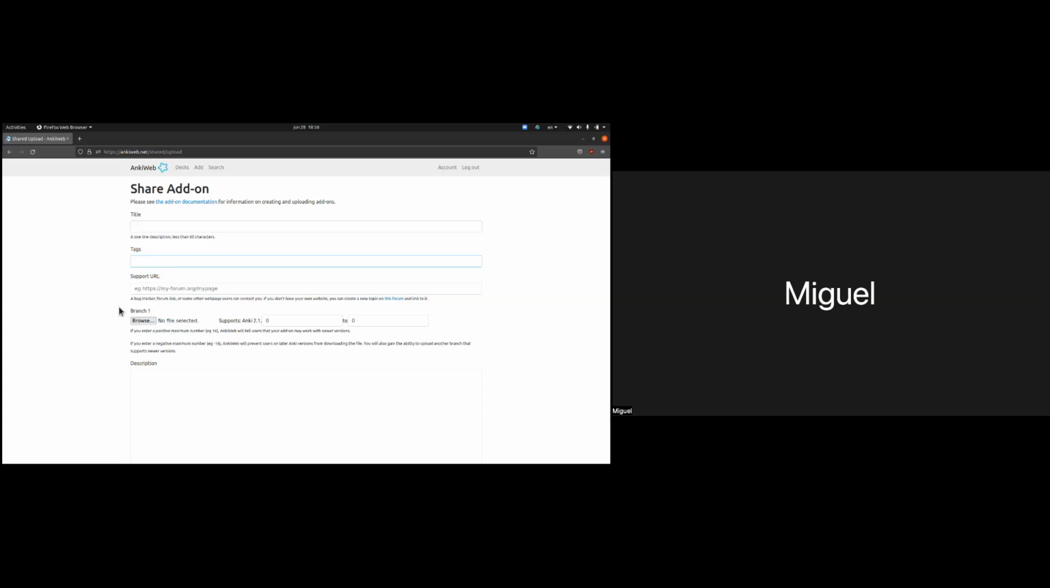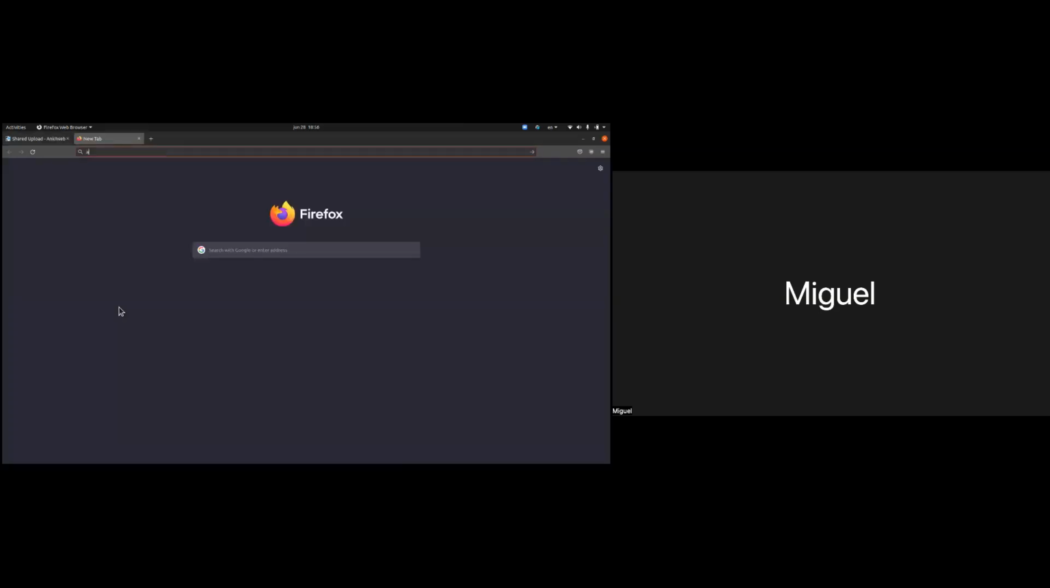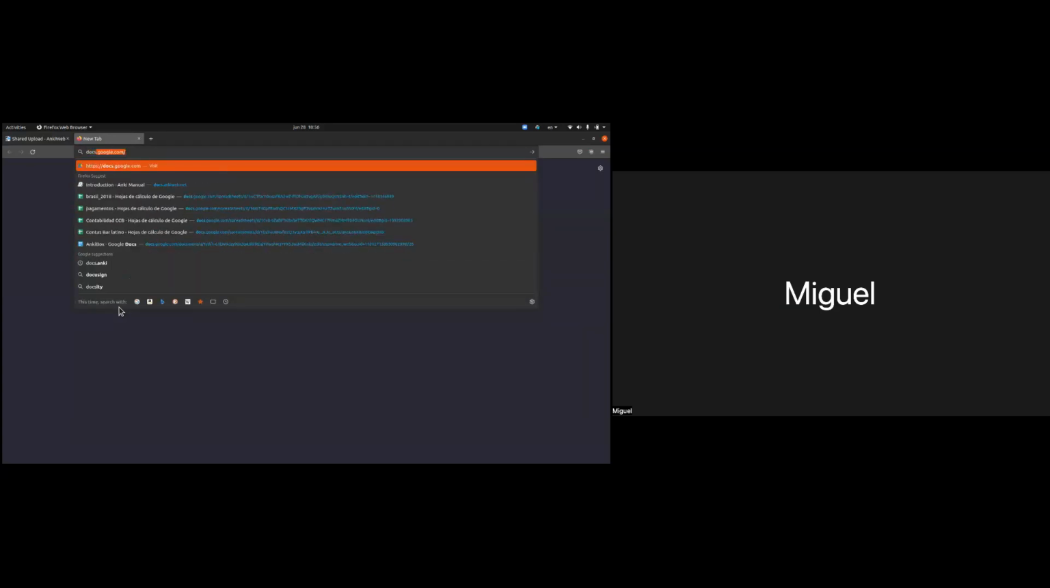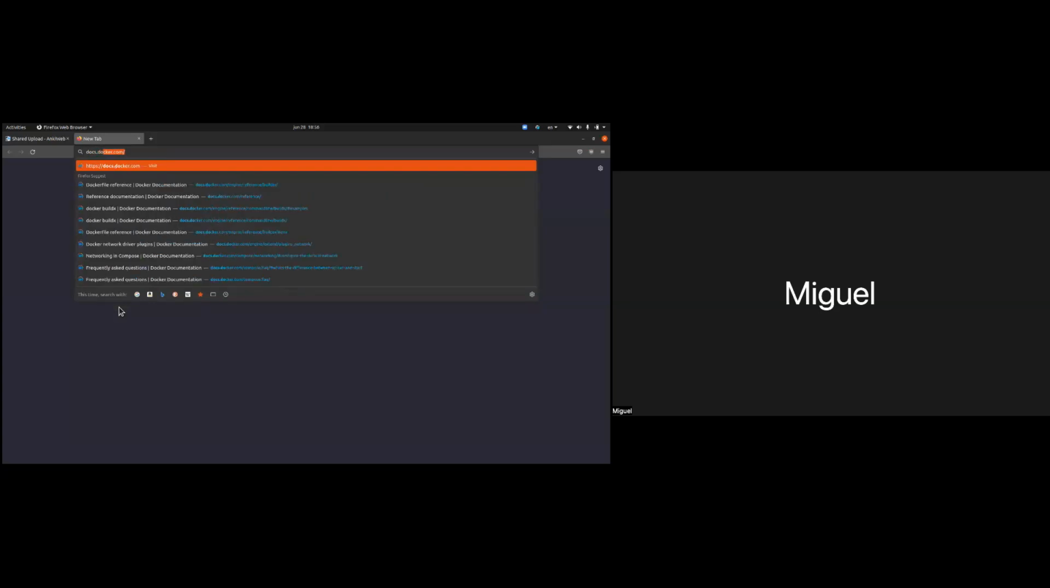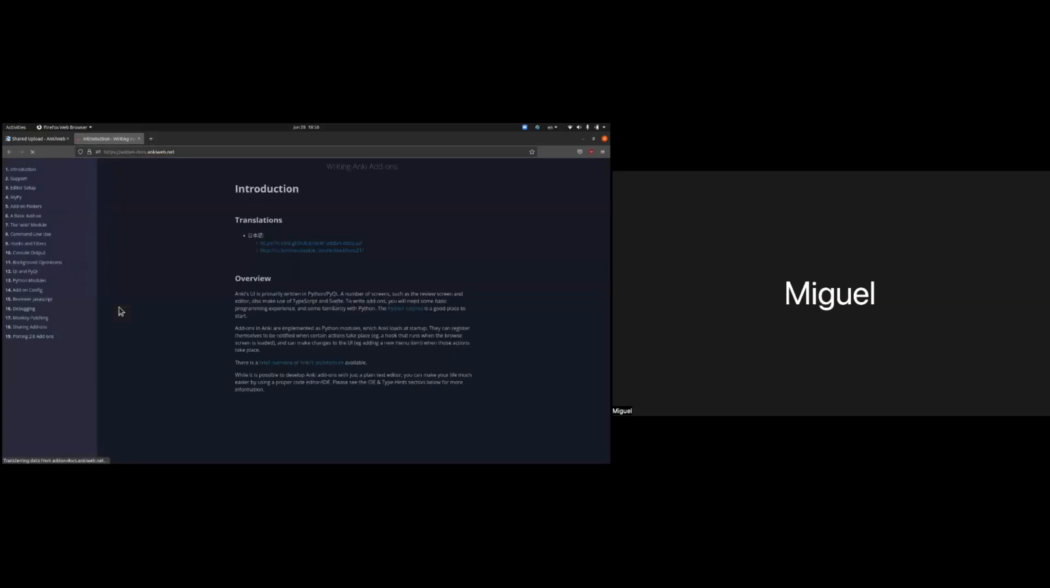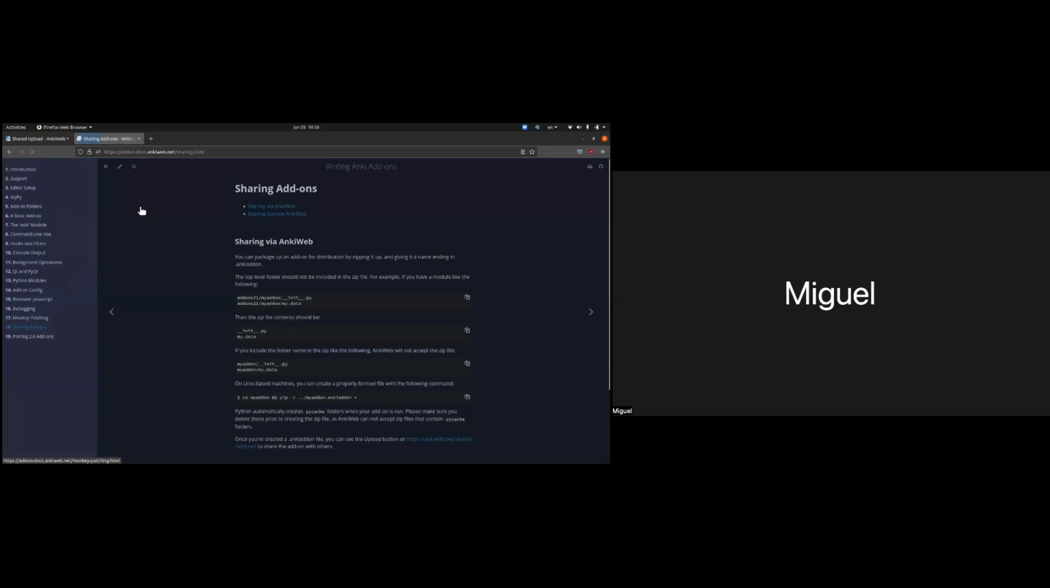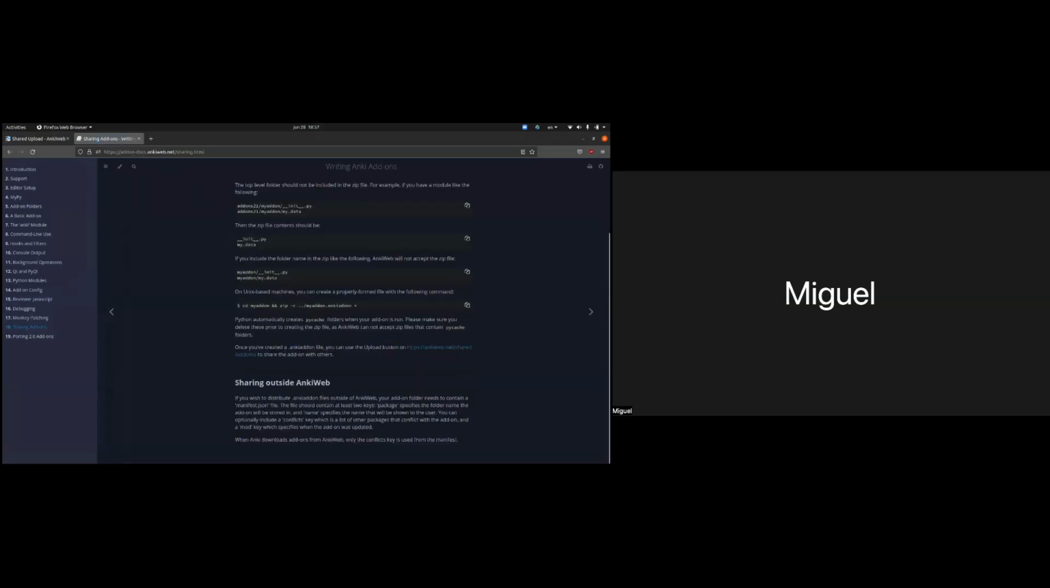What it asks here, let me remember. So I just want to open the add-on documentation page. Because here it says how to share an add-on. It's actually everything here in the documentation of Anki, obviously. So what it says here is that